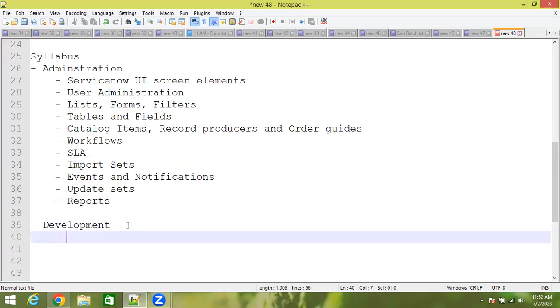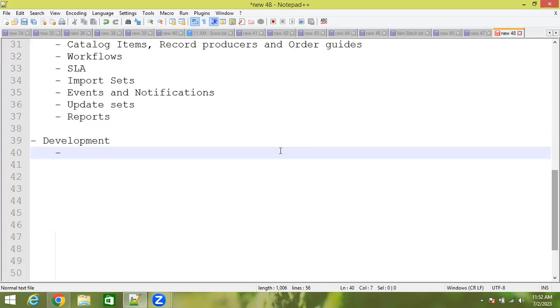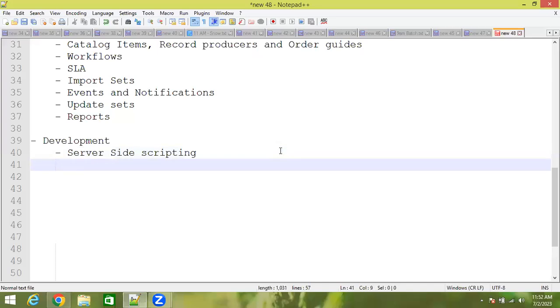Development will concentrate mostly on writing code and developing functionalities. So we'll be talking about server-side scripting using business rules.